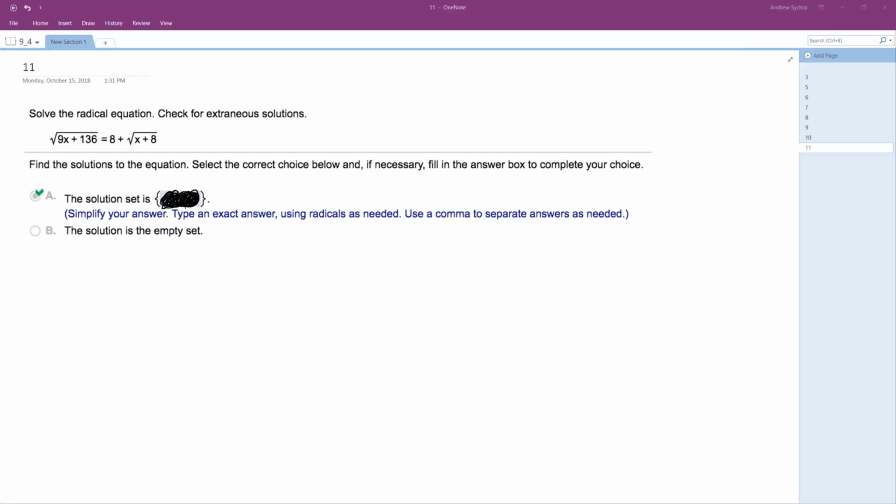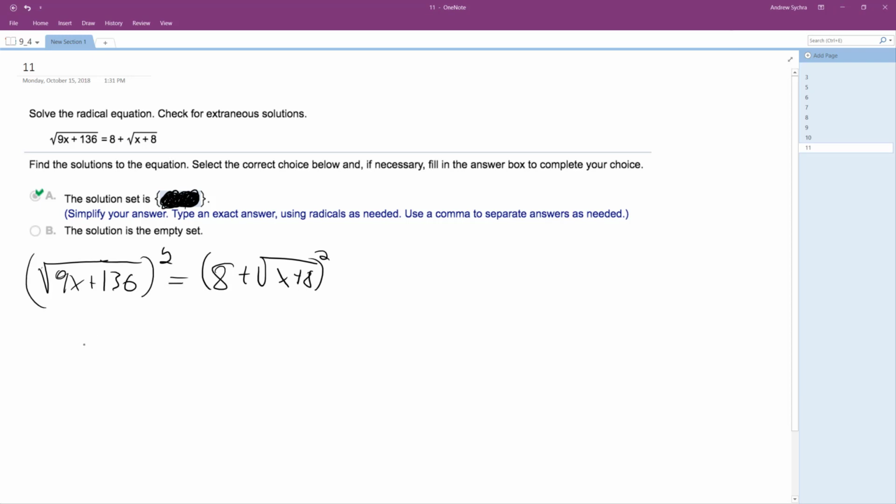All right, so we want to solve the following problems here. So what we're going to do is square both sides. So we've got the square root of 9x plus 136 is equal to 8 plus the square root of x plus 8. Square both sides. And what's going to happen here is we're going to get 9x plus 136 is equal to